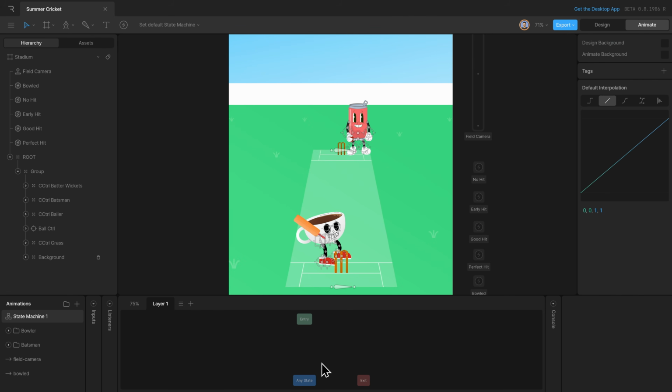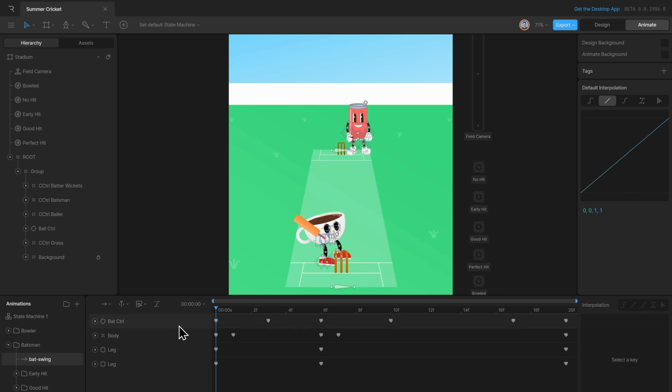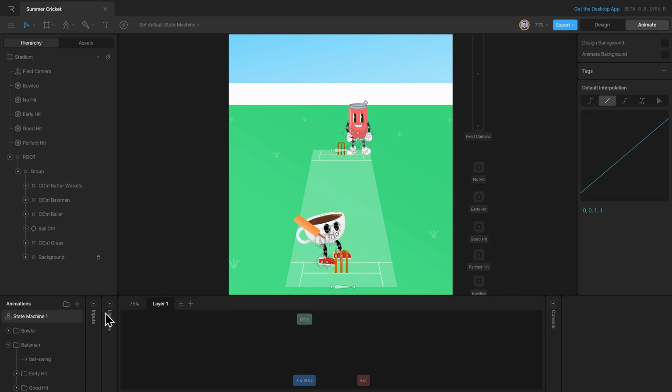Now, instead of jumping right into the complex stuff, we can start with the small stuff and build upon that. And here, the most basic thing we can do is have the bat swing animation. That is this one right here, connected to a trigger input. So we can trigger it at any point. So I will go ahead and add a trigger input, name it bat swing,